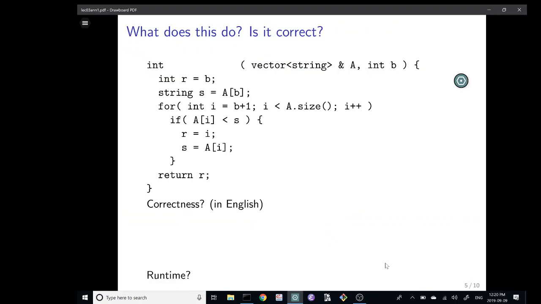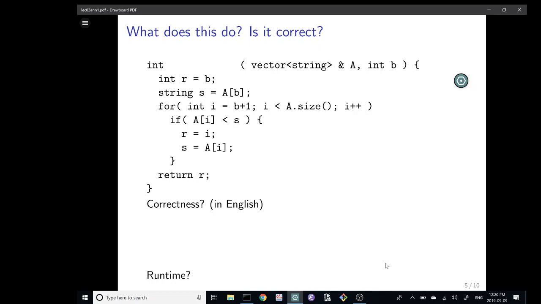We're switching from running time, which we now know everything about, to proving program correctness. So here's a piece of code which has no name, because if I told you the name, then you'd know what it did. I want you to figure out what it does, first of all, and then is it correct?